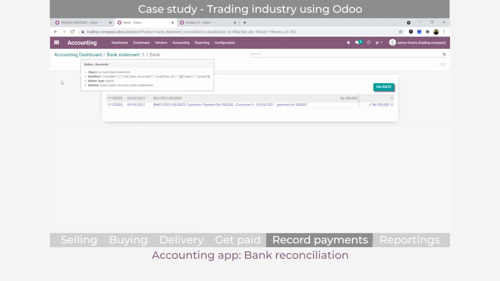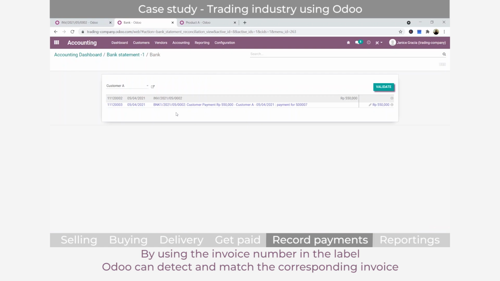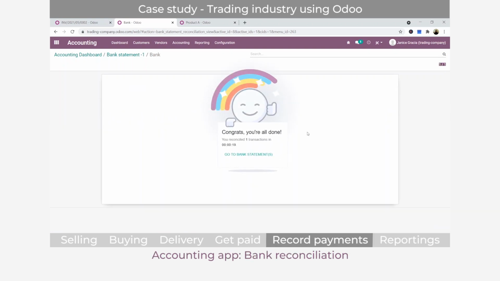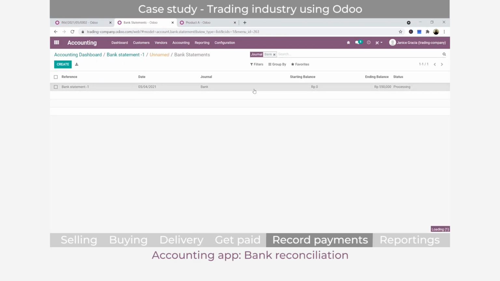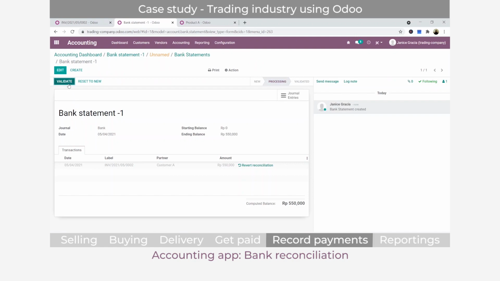After we click on reconcile, because we already defined the label as invoice number 5, and the customer is customer A, Odoo will automatically detect that for this reconciliation, it will be matched for this invoice and this payment. So you just have to click on validate, and then you go to the bank statement. And then once you validate it,